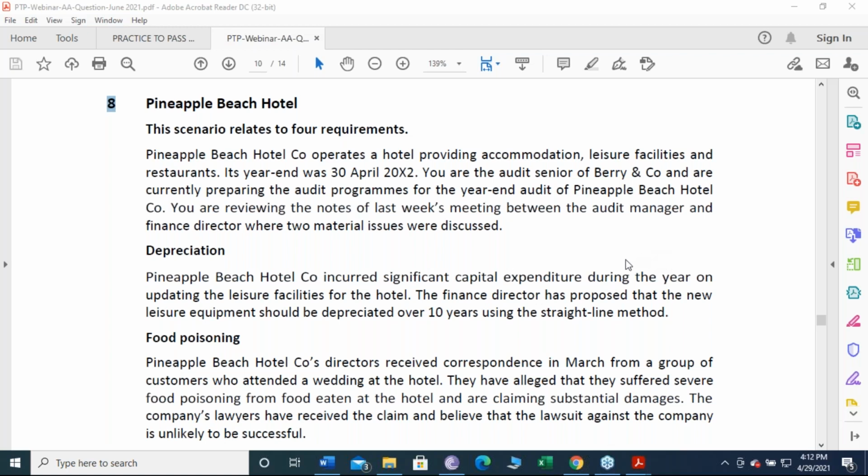Please could you make more clear with bank loans? See, when it comes to bank loans, first of all you need to make sure that you obtain the loan agreement, because after obtaining the loan agreement you will be able to understand what the terms and conditions are and if there are any restrictions or covenants attached. So that's your procedure number one. When it comes to loan agreements, you need to make sure that you review the disclosure notes, that the loan has been correctly disclosed by the client in accordance with the loan agreement. For example, the current and non-current liability split is correct according to the loan agreement, or whatever the bank loan is.